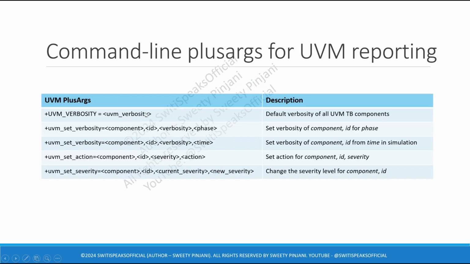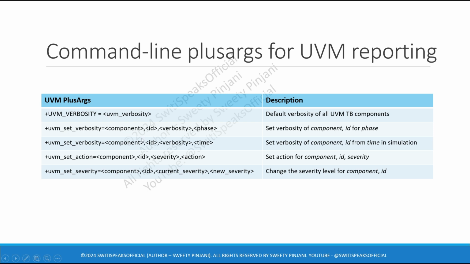It's easily related. Now, UVM also helps you set these things, which were verbosity, severity, and action. These were three important things in UVM reporting: severity, verbosity, and action. If you want to change these actions, you can do it using the command line plusargs. UVM provides some command line plusargs to you. The first is to set the verbosity. If you use +UVM_VERBOSITY=, you can give any verbosity level you want.